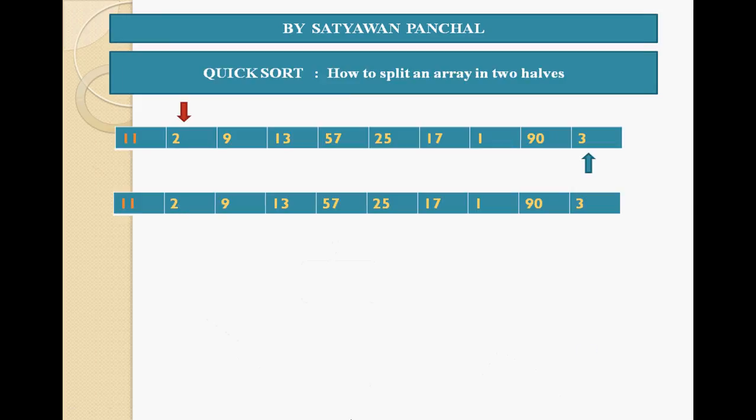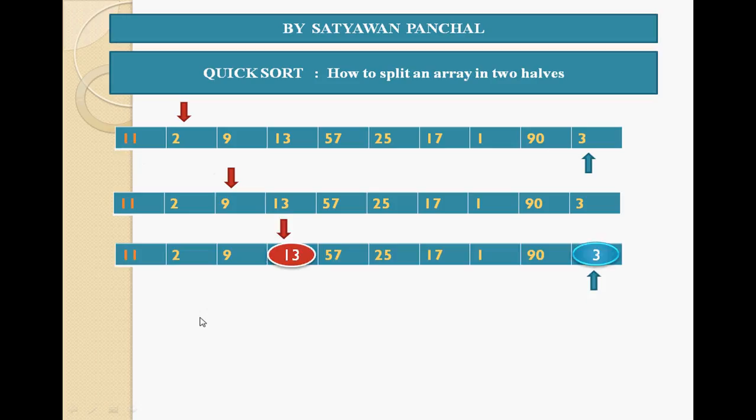And this is what we were doing while splitting the arrays. We have chosen two anchors. This is what I have named P, this is what I have named Q in the program, and this is my lower element, that is the pivot element. We keep increasing on the right side until we find an element that is greater than this pivot element, and we mark it. From the other side we keep moving to the left until we find an element that is less than this pivot element. Then you can see here that 13 is greater than 11 and 3 is smaller than 11,